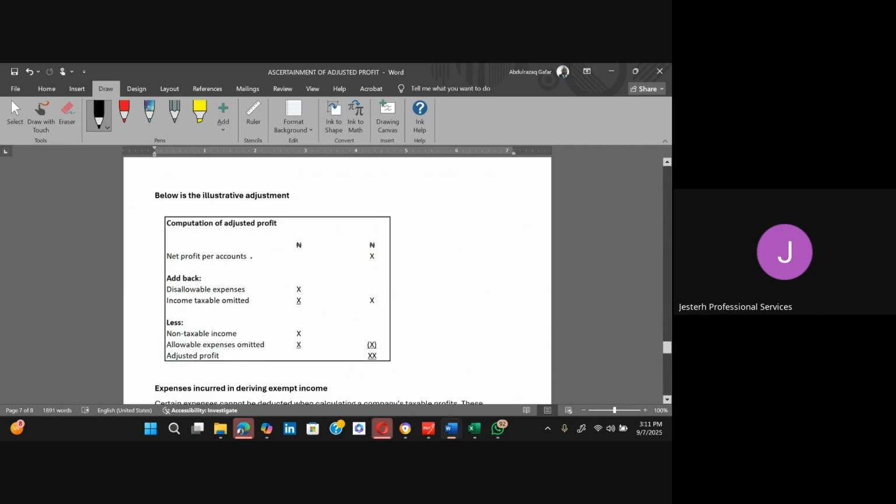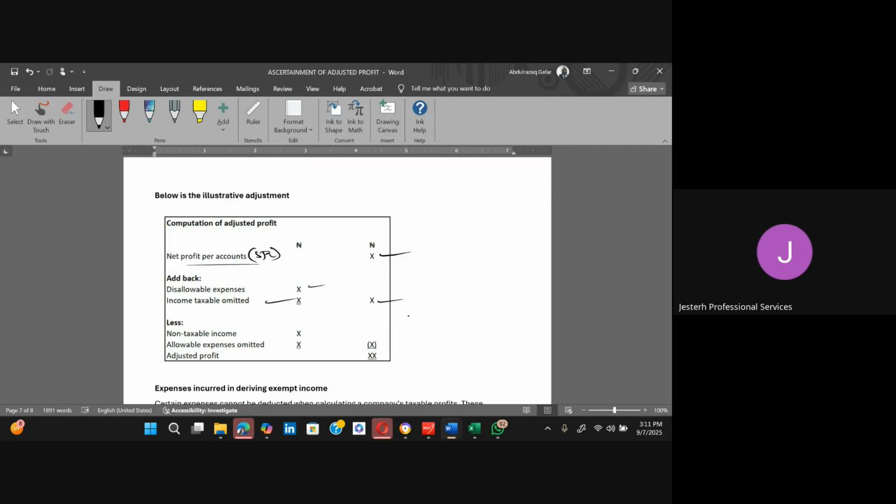Net profit per account. So this will be coming from your statement of profit or loss. You add it here, then you add back the disallowable expenses. You also add back income that is taxable, but you omitted it. That income is taxable, but it was mistakenly omitted. You also add it back. Then you less